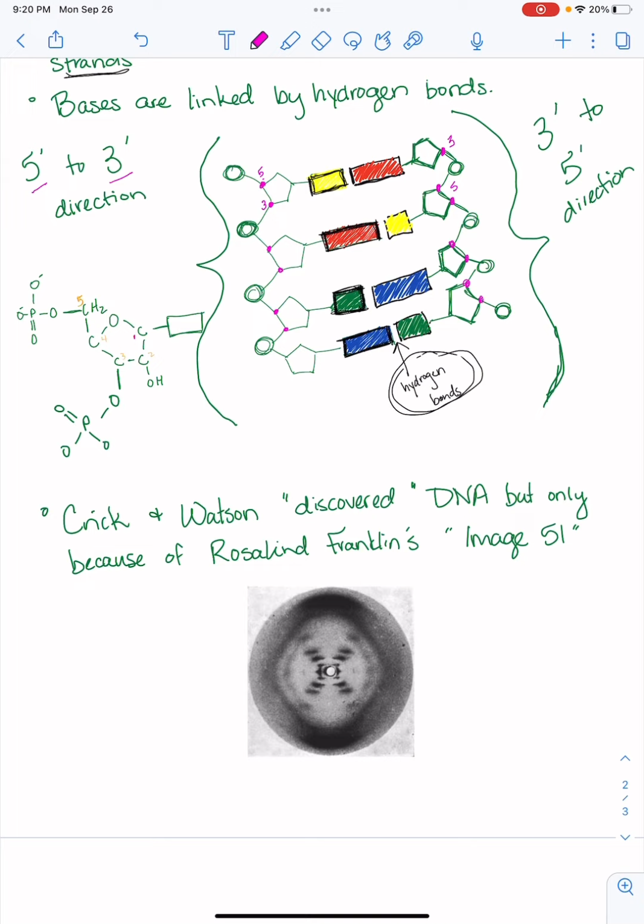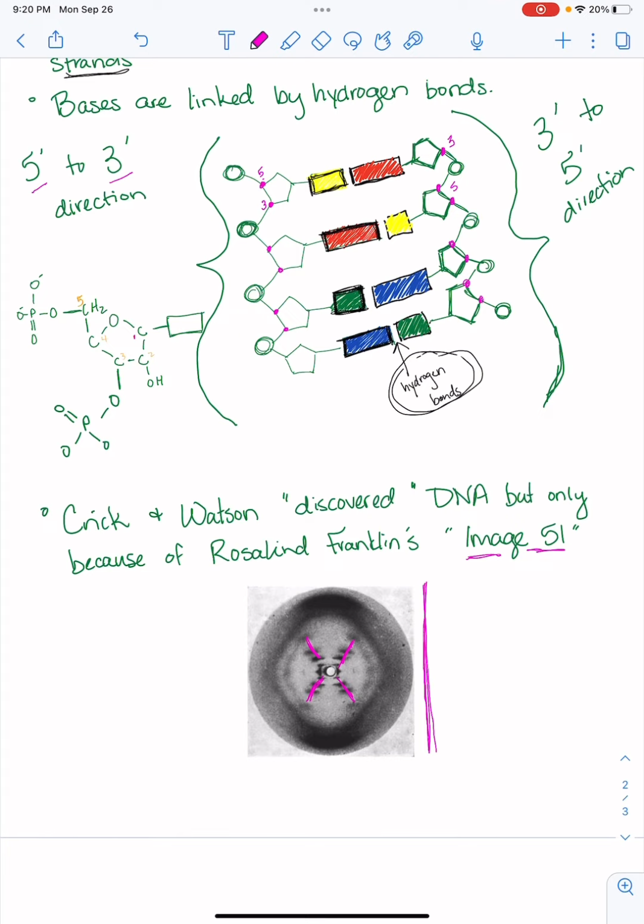But we also know that without the discovery of Rosalind Franklin's image 51, so she, and this is actually a picture that was taken by, I believe, one of her graduate students as well, but she was doing her own research on DNA, and so her graduate student took a picture of this. Watson and Crick literally saw it on her desk and came to their aha moment, because as you can kind of see, it's kind of hard to tell, but you can kind of see these, like,